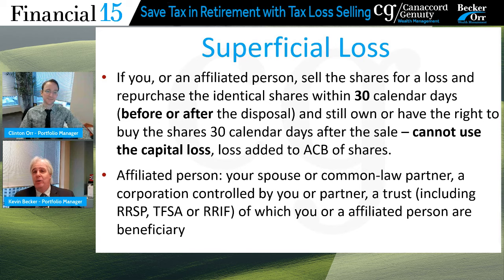And this applies to not only you, but also to a spouse or a common law partner, doesn't it? It does. What they call an affiliated person. So it could be my account, my wife's account, a company if I'm a controlling interest in that company, or a trust as well. So really anything you have control over: a company, a trust, yourself, your spouse, your common law partner, anyone in that kind of affiliated little network. If within 30 days after you sell the security one of those is buying it, you're not going to get to use your capital loss. In fact, that loss will be added to your ACB,